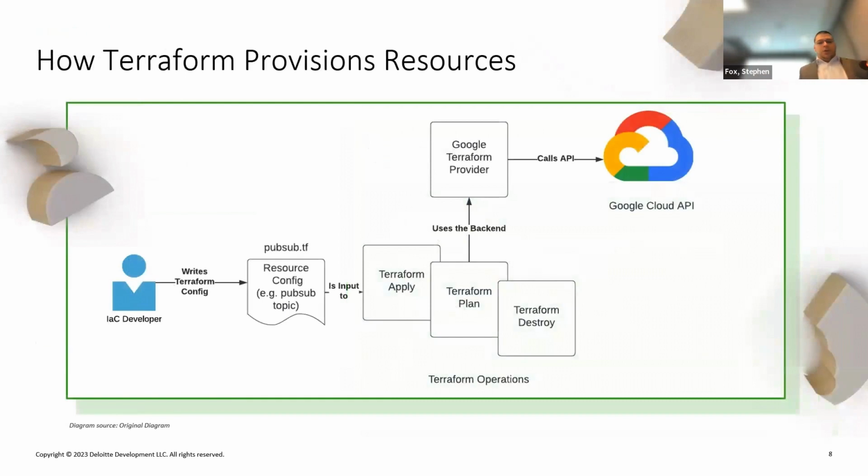The way that Terraform works is essentially it provisions, as I described before, it takes your code, you feed it into this Terraform binary. Terraform figures out which backend it needs to use. Those backends are called providers, and the provider essentially just makes API calls to the actual GCP environment.